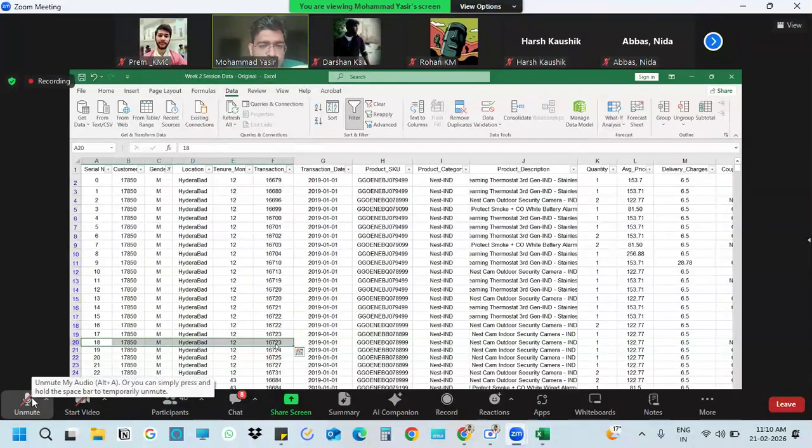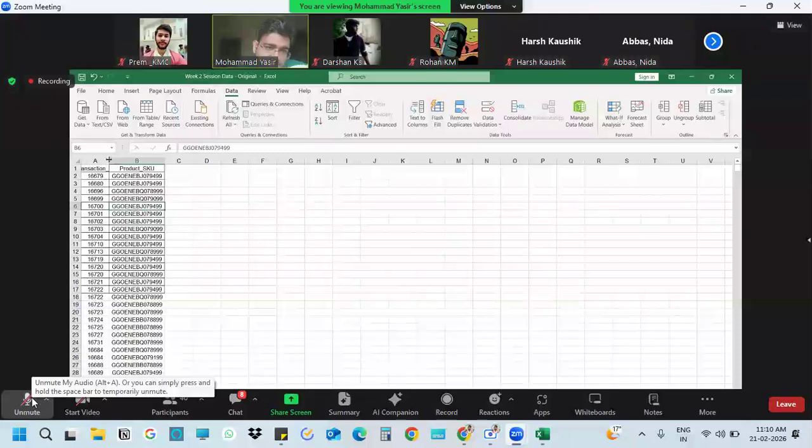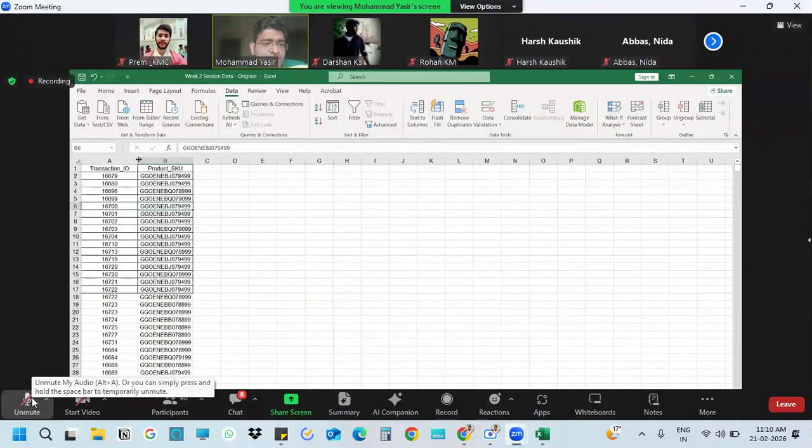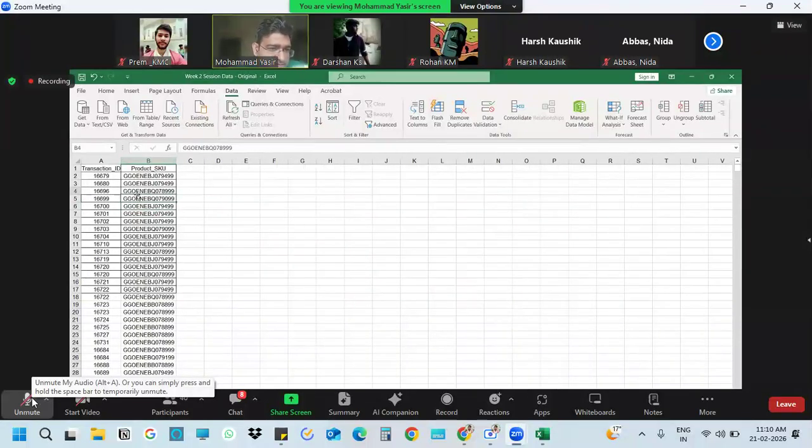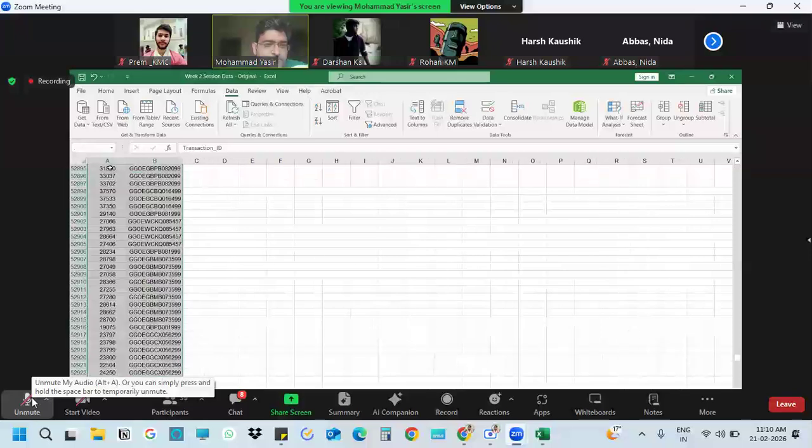So the better way to do it is copy these two in the next cell like this, transaction ID and product SKU, copy it somewhere else. Now we need to check whether this combination has duplicates or not. So one thing we can do is remove duplicates.